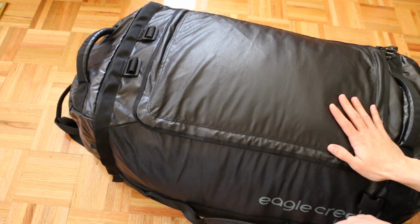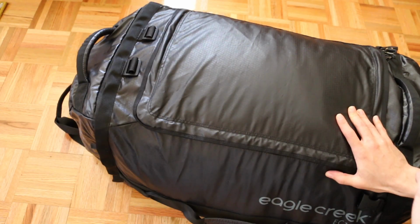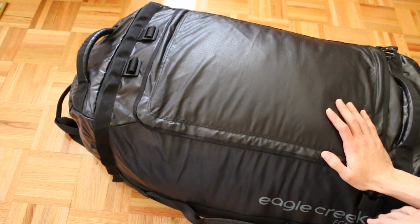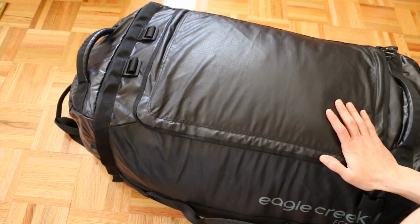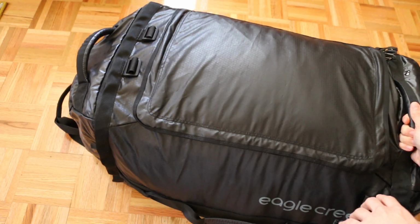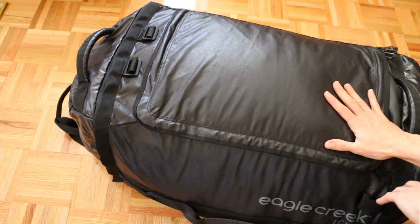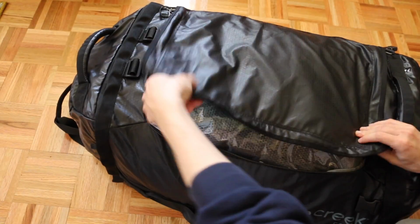I was just looking for something really big, but also light. I think it weighs just about 4 pounds on its own, the bag itself, because a lot of times these big bags weigh 10 pounds or so. So if you're working with a 50-pound weight limit, that's a big portion of that. So I wanted to save as much weight as I could with a lighter bag. And this is what I chose. This will be the first trip it's going on, so hopefully it does well. But getting inside it,